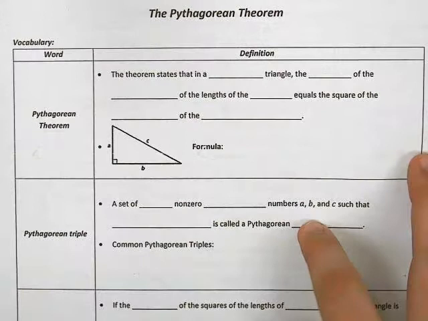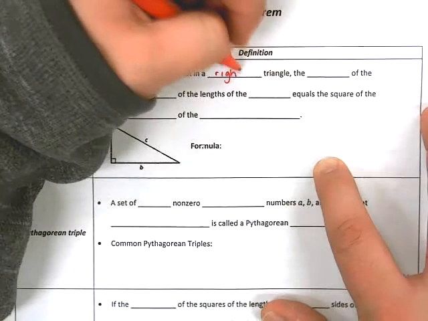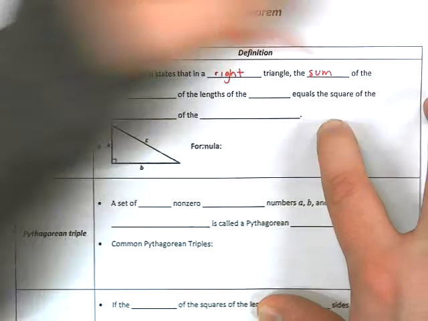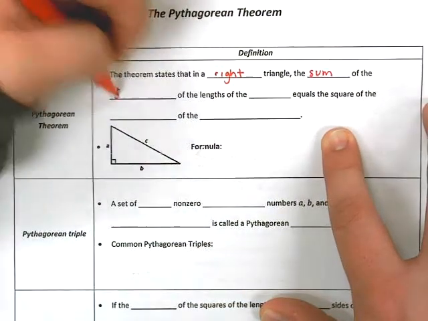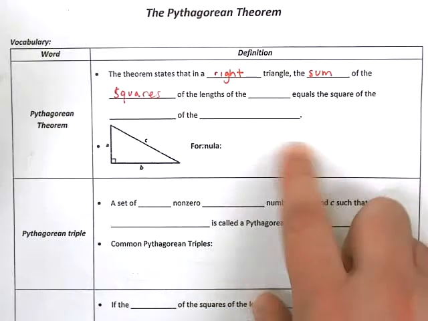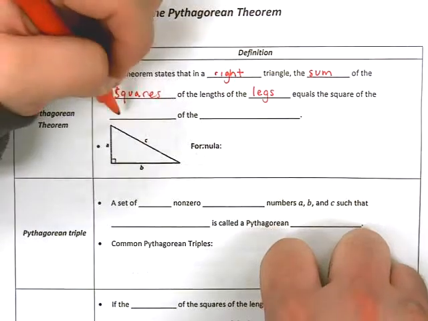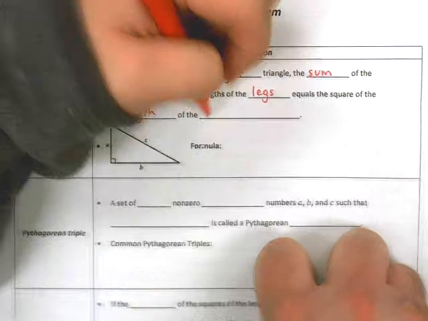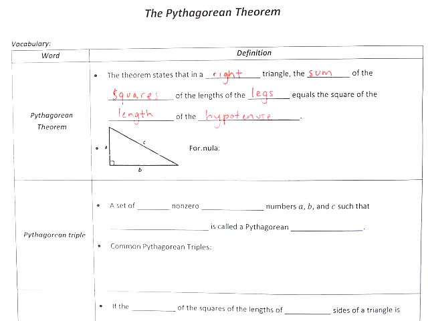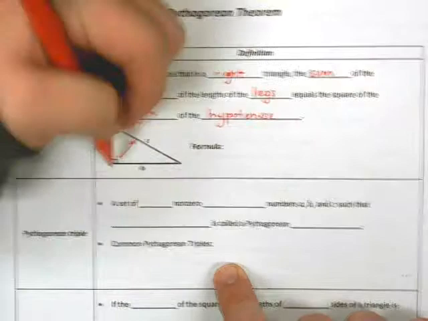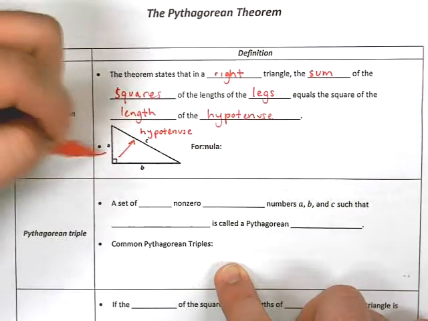is the Pythagorean Theorem. Okay? The theorem states that in a right triangle, the sum of the squares, I goof that up every time, the sum of the squares of the lengths of the legs equals the square of the length of the hypotenuse, alright? So, very important for us to always understand and label that the side across from the right angle is always the hypotenuse, which means my other two sides are